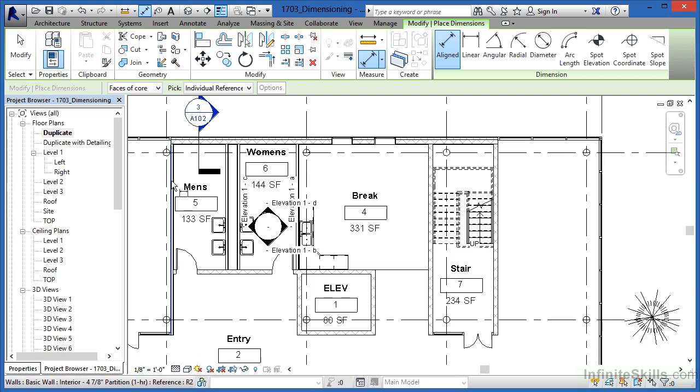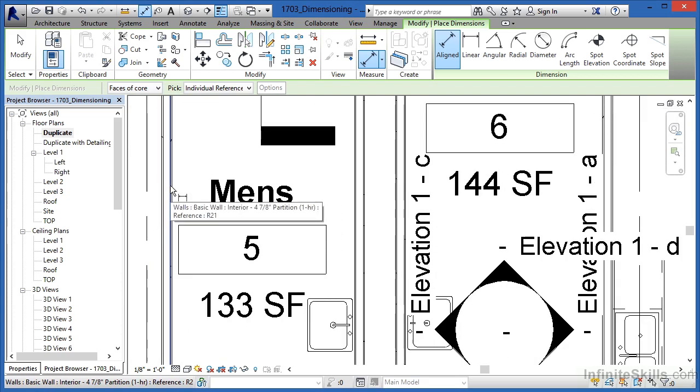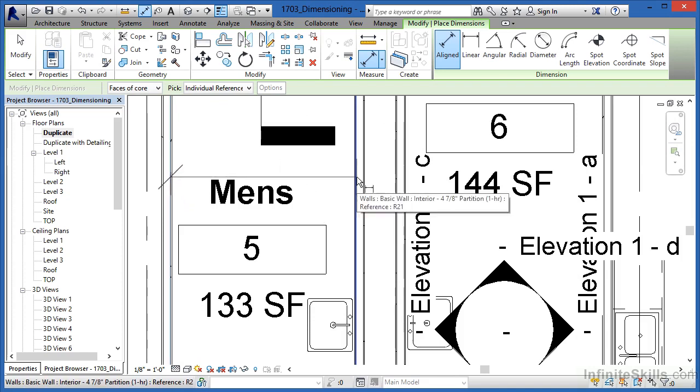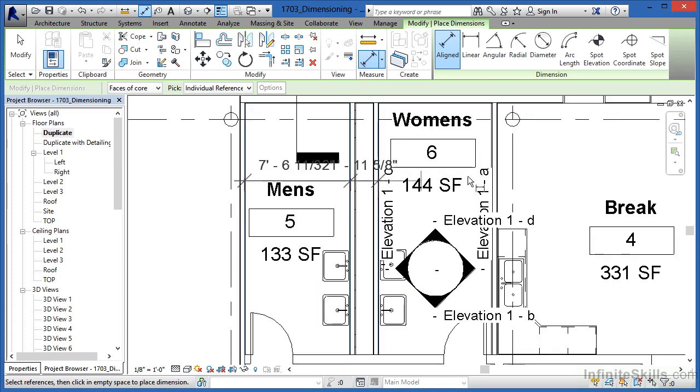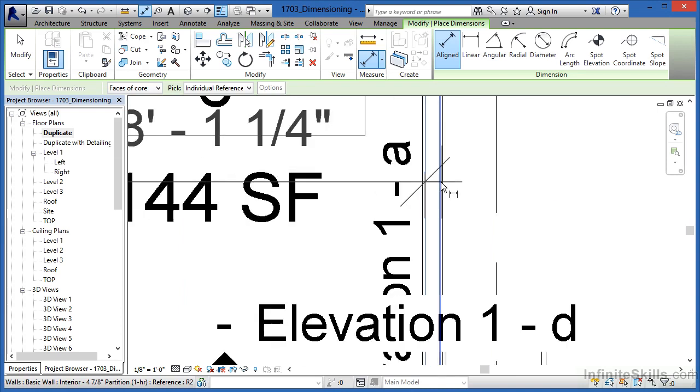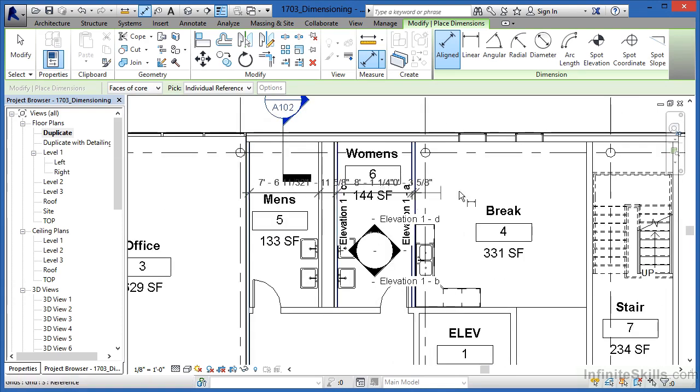I'd like to place a dimension string just going across the interior right here. So I'm going to start by picking this line on the inside edge of the men's room. I'm going to pick another line there. I'm going to completely skip over these walls here just for now, and then click here, come over, click again on the next face of the wall, and then click on the face of the wall there along the break